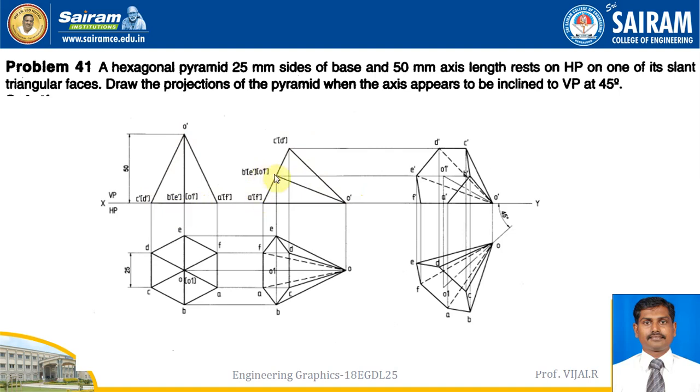So this distance you can mark here, you can join this. This is the view over. If it is over, remaining others, nothing is there to worry. Draw the projection. From here when we see, this base is fully visible, so the hexagon is visible here like this. And join the outermost line visible, that I said already. And from here if you see, this DO is visible, that is CDO is visible lines.